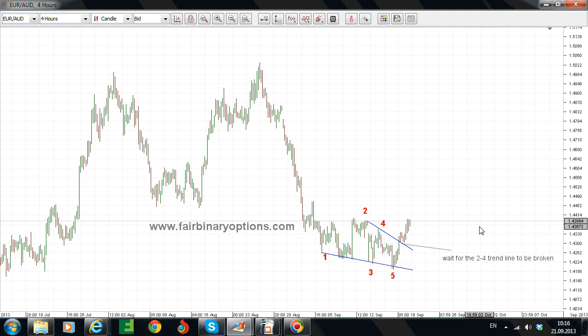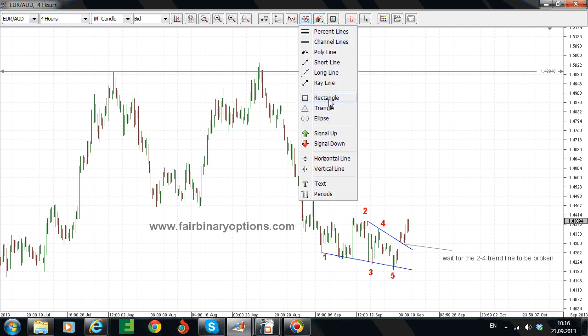So this is the classical falling wedge. In order to evolve in trading binary options, you should wait either for a retest here or for the breaking of the 2 to 4 trend line. And in our situation here, falling wedges are rising and we're looking to buy calls. This is a 4-hour chart, and you'll now see the reason why I wanted to see the whole picture, because in terms of Elliott waves, for example, this is the marginal high, the previous high that we have here,